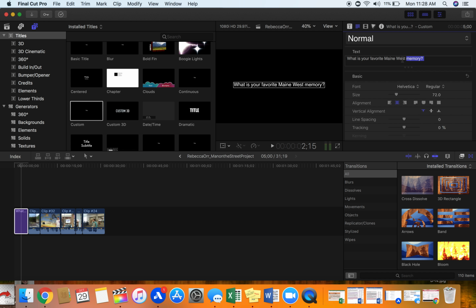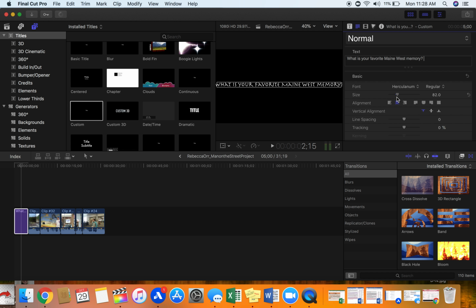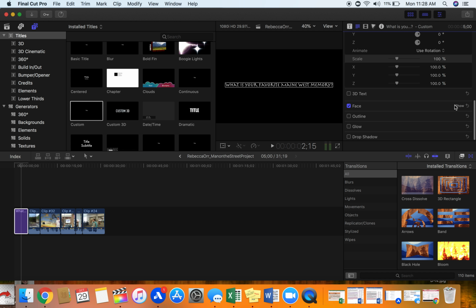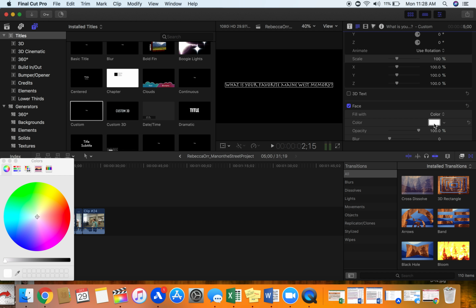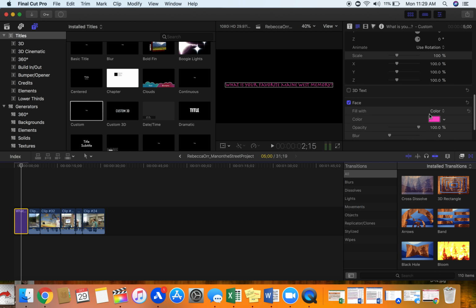I would type my text right here, and I can adjust the size. I can adjust the font in any way I want. If I wanted to adjust the color, I could scroll down here where it says face and pick a new color. The sky's the limit with editing your text,